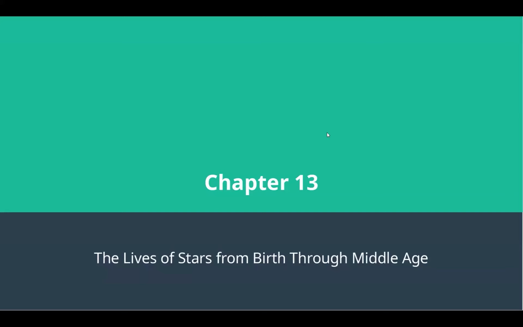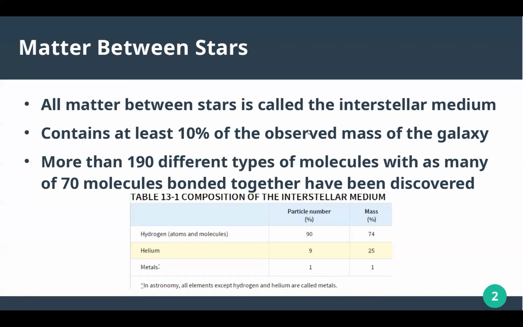Hello and welcome to Chapter 13, which details the lives of stars from birth through middle age. The interstellar medium is all matter between stars. It contains at least 10% of the observed mass of the galaxy, and more than 190 different types of molecules